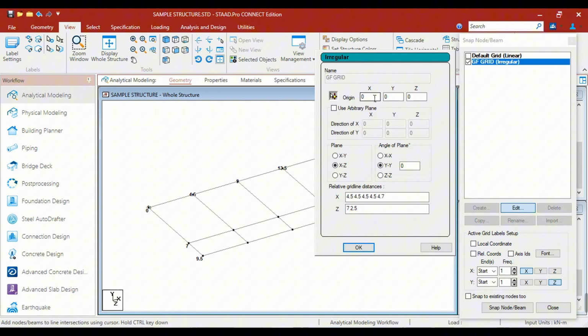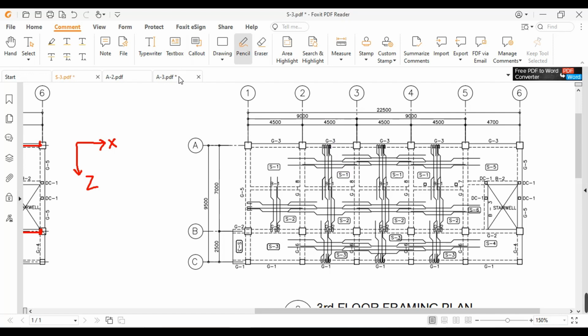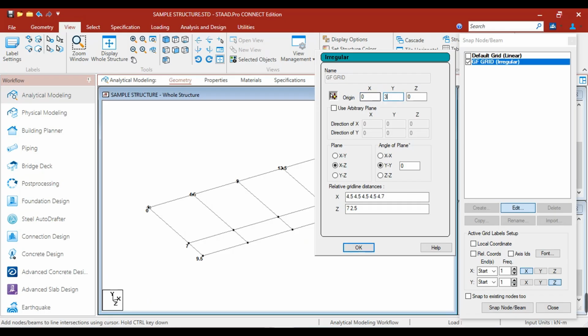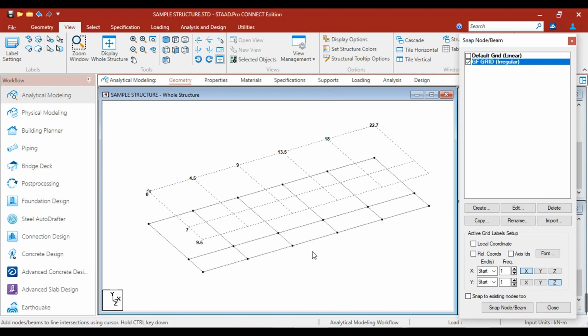The origin is at 0, 0, 0, and since our second floor is at 3.2 meters, for our y we're going to input 3.2. Then click OK. Your grid is now moved to the second floor.